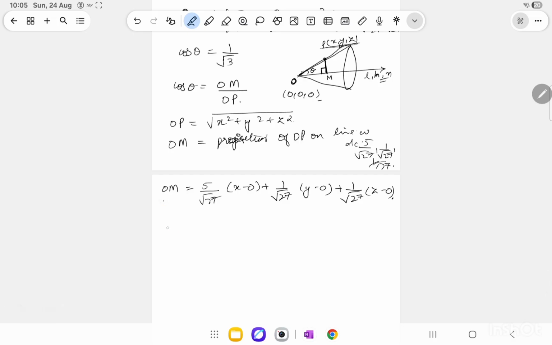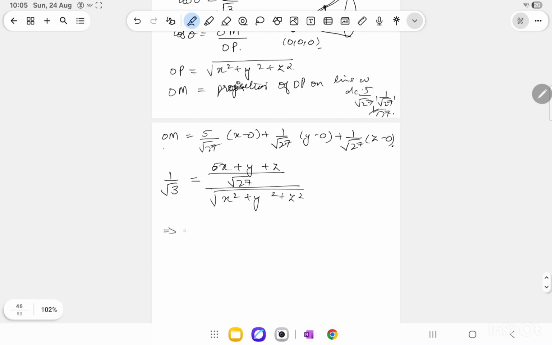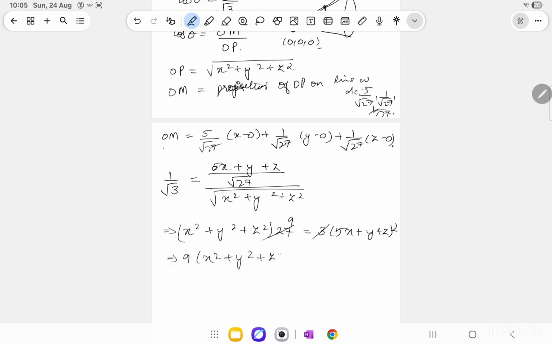So my cos theta, 1 by root 3, is equal to (5x + y + z) by root 27, divided by my OP, root of x squared plus y squared plus z squared. If I simplify it, I will get (x squared + y squared + z squared) into 27 equals 3 into (5x + y + z) whole squared. So if I simplify it further, I'll get 9(x squared + y squared + z squared) minus 5x